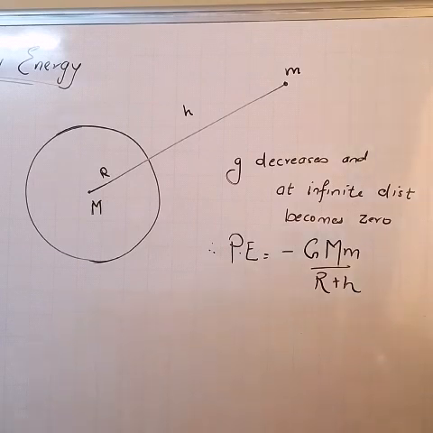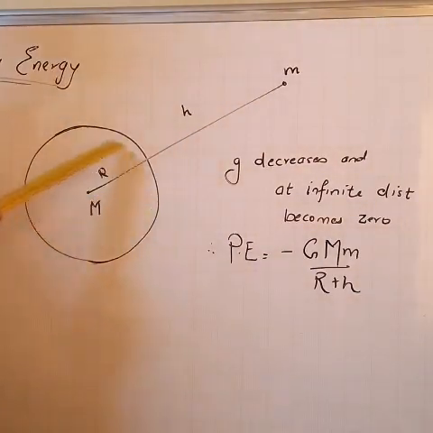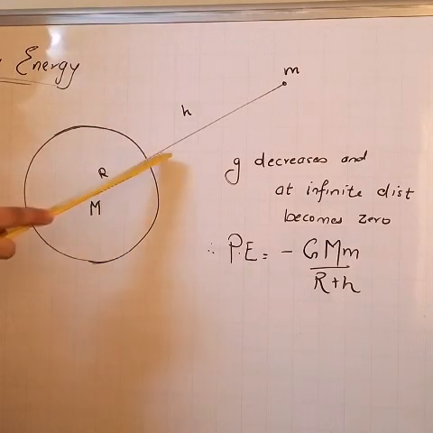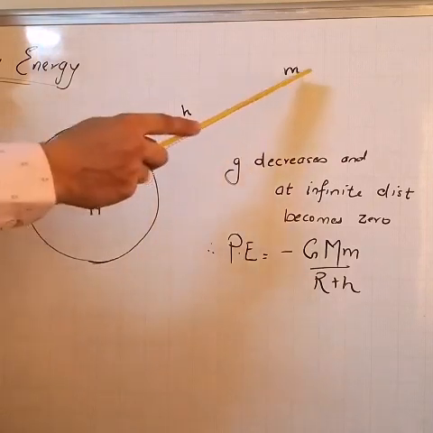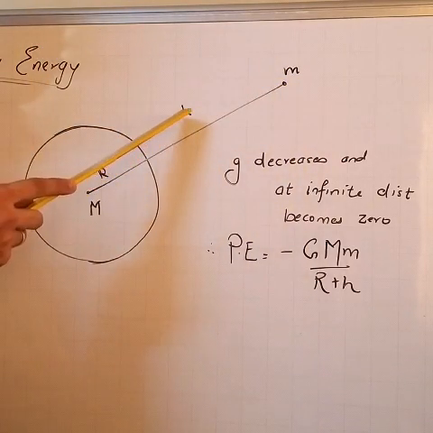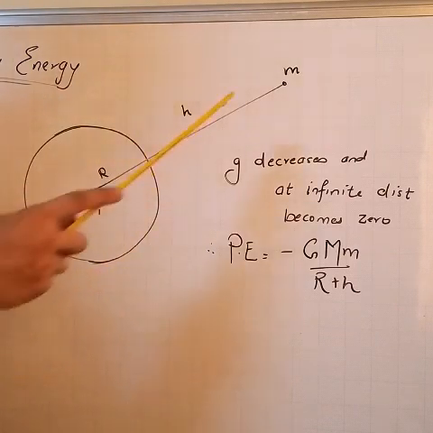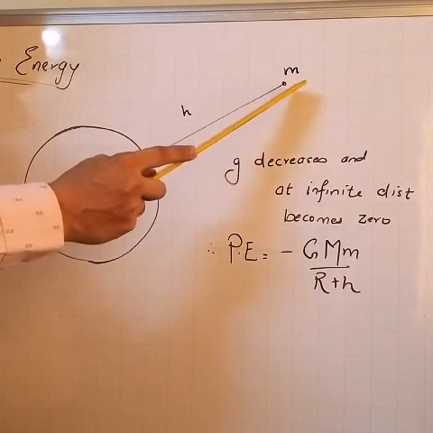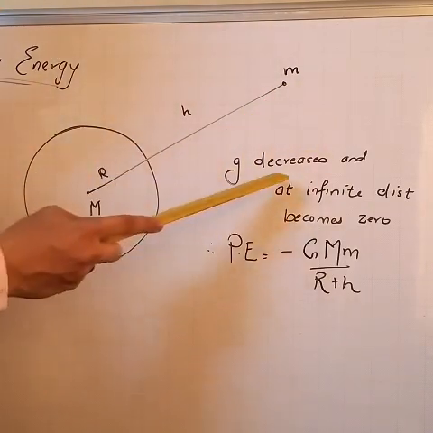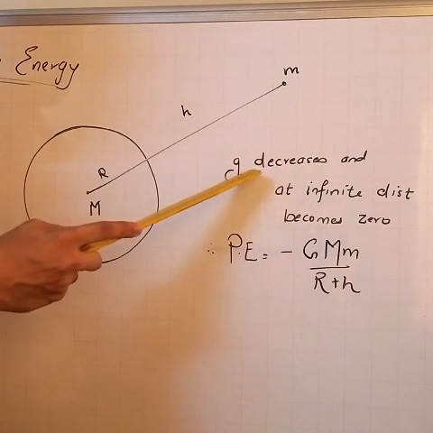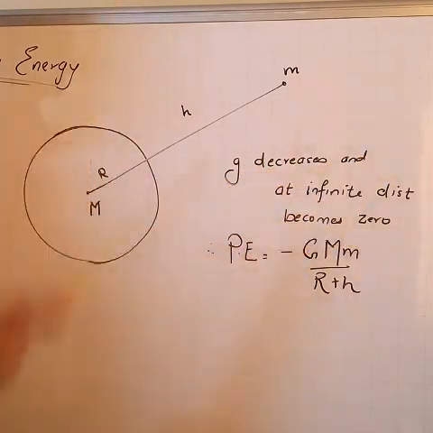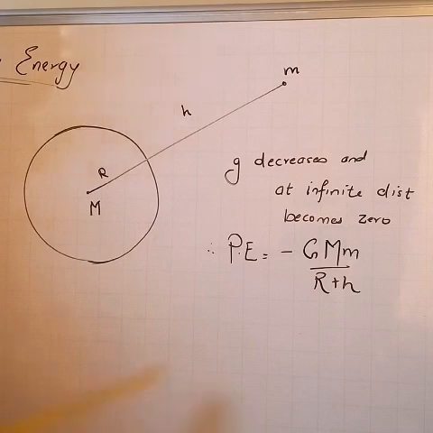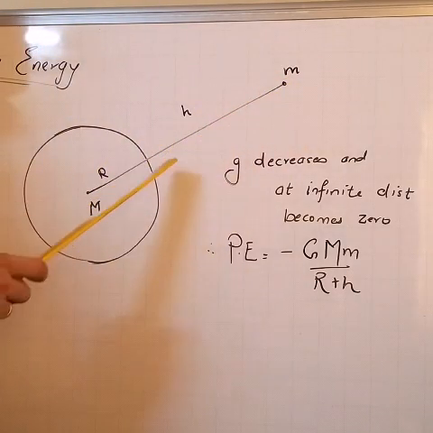Now look at this formula. See, this is our Earth. Mass of Earth is capital M. R is the radius of Earth, and we have taken an object at a very large distance from the Earth's surface. Height is very large compared to radius. Under such conditions, what happens? Value of g goes on decreasing, and finally at a certain distance g becomes 0. G is acceleration due to gravity, it decreases, and at infinite distance it becomes 0. So scientists have given an alternative formula for finding potential energy at a certain height.